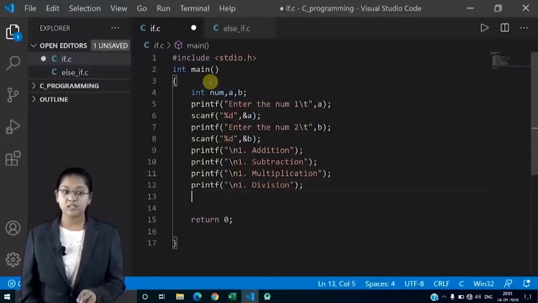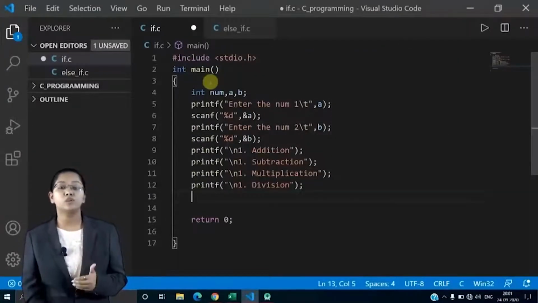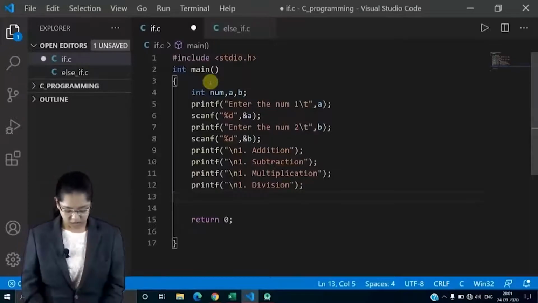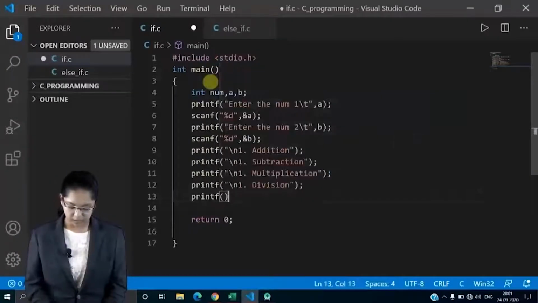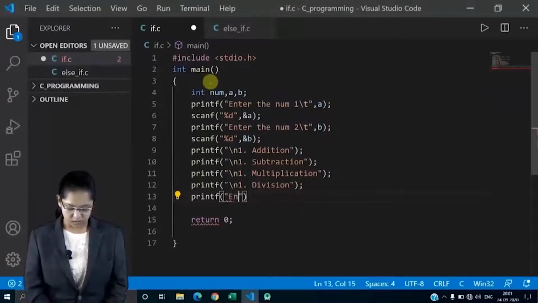Okay, this was my menu. Now let's see what we have to do. We have to take an input from the user, that is, what is your choice, right? So here again we will write printf, in double quotes, "Enter your choice", then a tab.